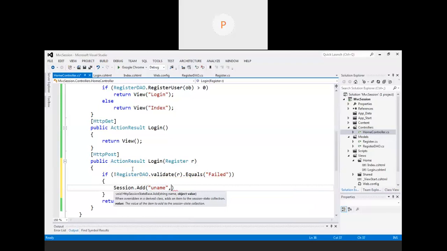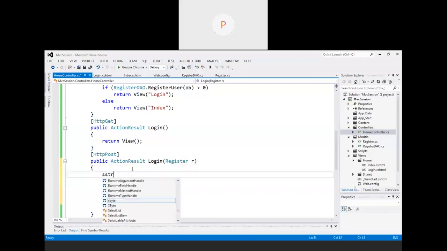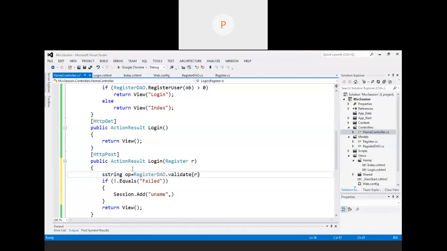Oh wait, I need to store that value somewhere. So string output equals this, and that output.Equals.